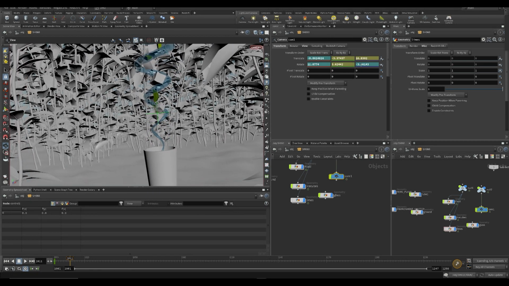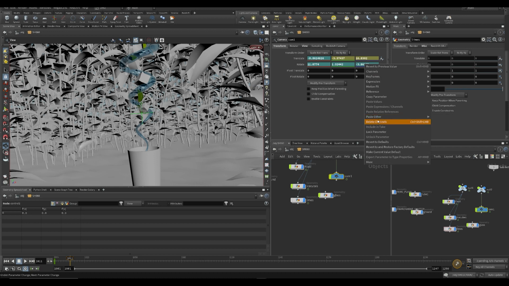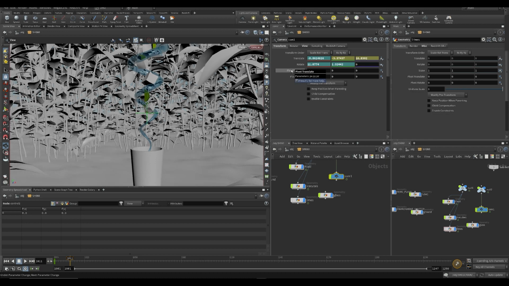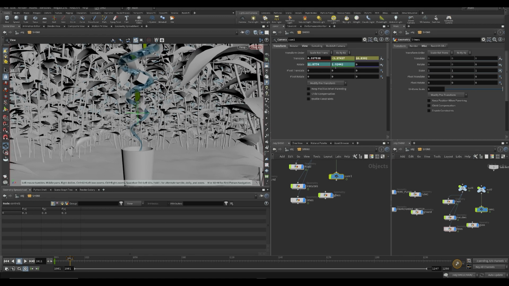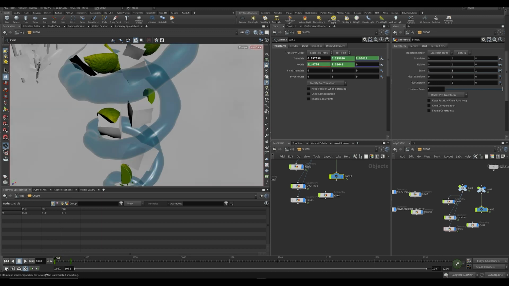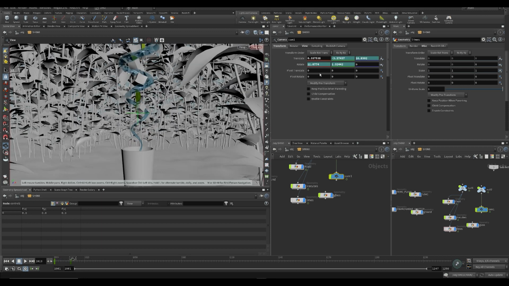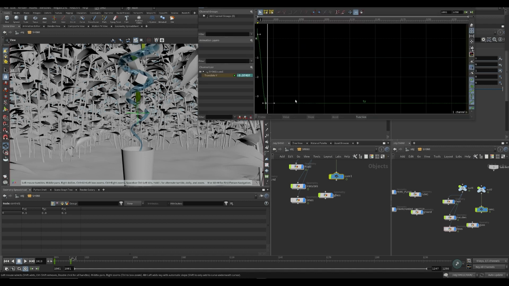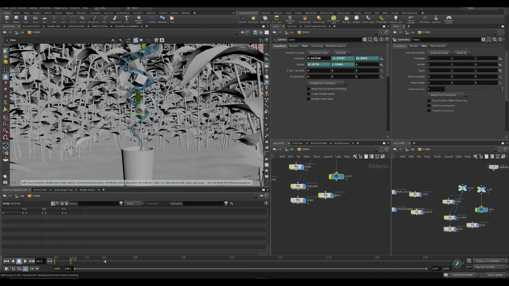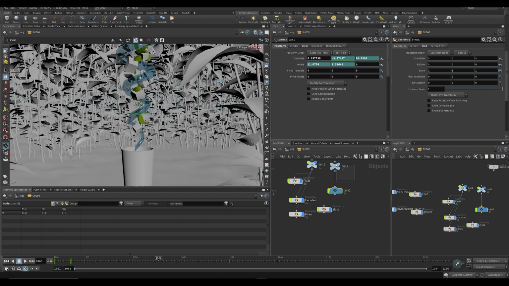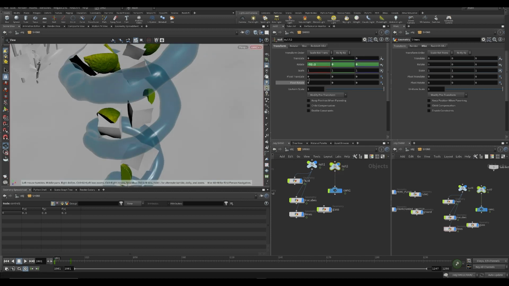Oh, and we probably want this rotation to be zeroed out. And we don't want that one. Right, key that. All right. And then we probably want some,